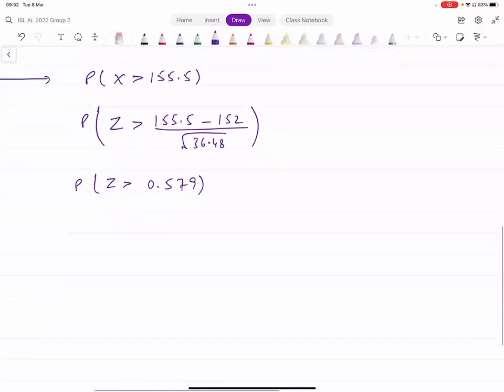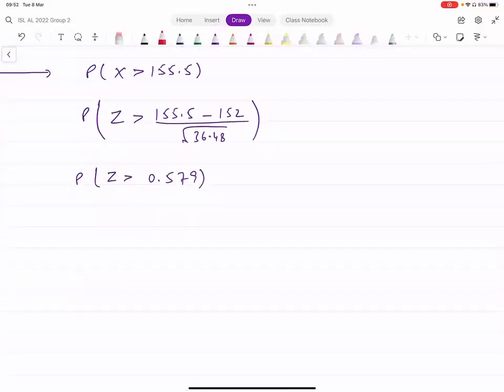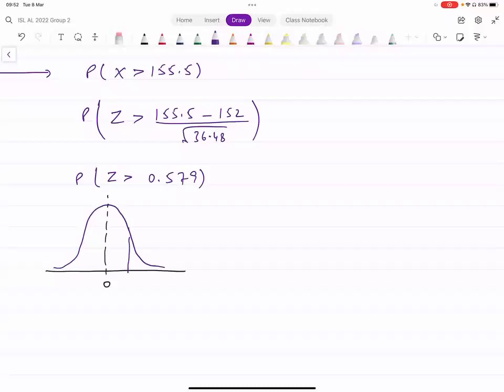ये हमारे पास आ गया। अब ये evaluate करना है, is it the standard form? It's not the standard form, ये z less than positive वाली form के अंदर नहीं है अभी, तो हमें graph से देखना पड़ेगा हम इसको किस तरह से evaluate करें। So it looks something like this, how the curve looks like. Middle में this is the z distribution, so in the middle we have 0, center में 0 है, यहाँ पे कहीं पे आपके पास ये 0.579 आ रहा है, इसके right side वाला area चाहिए आपको, this is the area that we need, ठीक है।